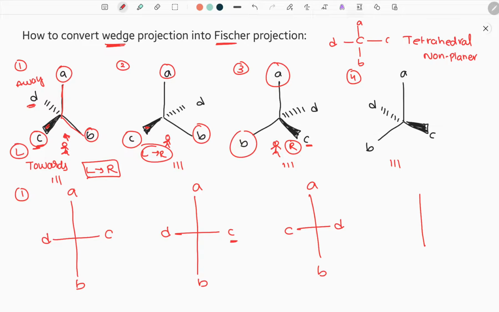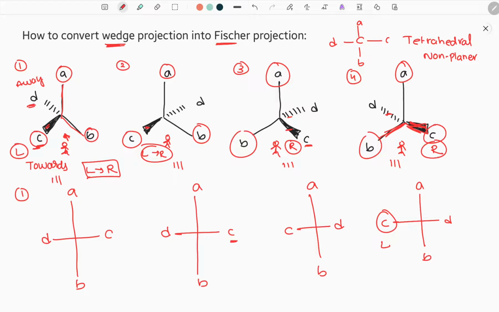And the last one, let us write. The normal line A and B, we write them as it is. Now the thick line and normal line we should observe, standing in between them, and that is right side we find, so we write it on the left side. Here in the third and fourth structures, again the dotted and thick line are adjacent, but here the thick line and dotted line are on opposite sides. Anyhow, the only trick is we have to stand in between the normal line and the thick line. Then we observe the thick line is on the right side. In Fischer we write that on the left side.